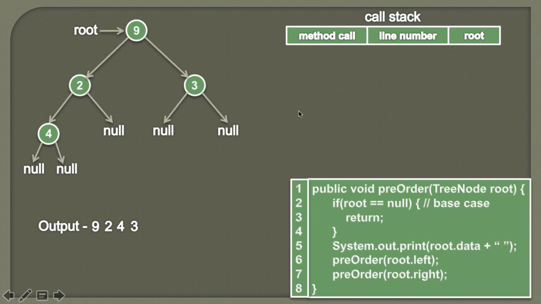So friends, in this slide we saw the demonstration of how pre-order traversal works. It first visits the node and then it recursively calls pre-order to process the left subtree and then to process the right subtree. And this goes on for each and every node. So here you can see the output as 9, 2, 4, 3. So we have visited 9, then 2, then 4, and then finally 3. So friends, here we saw the demonstration of the algorithm. Now let's go to Eclipse and see the working code.